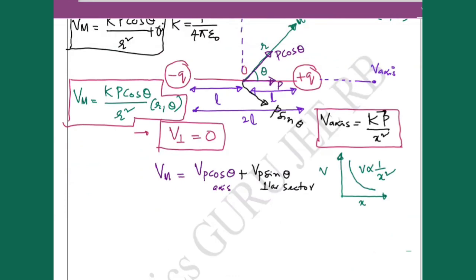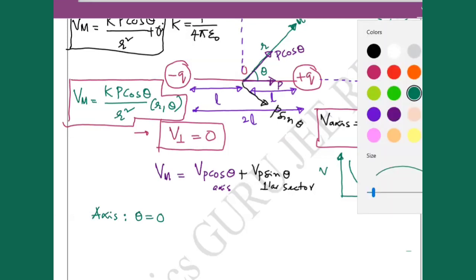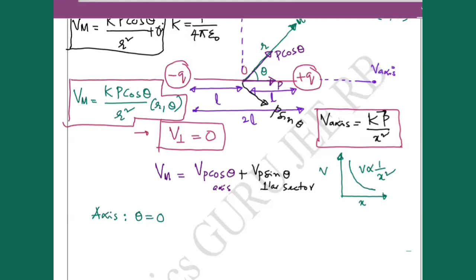Fine. Now here, let me go with the axis. So when theta is on the axis, what happens? On the axis, theta is equal to 0. What is the potential at that particular point? We want the potential at the point, V on the axis, which can be written as V = kp cos 0 divided by r square. That is kp divided by r square. The same formula, theta is equal to 0 and substitute. So cos 0 is equal to 1. Am I right? Cos 0 is equal to 1.